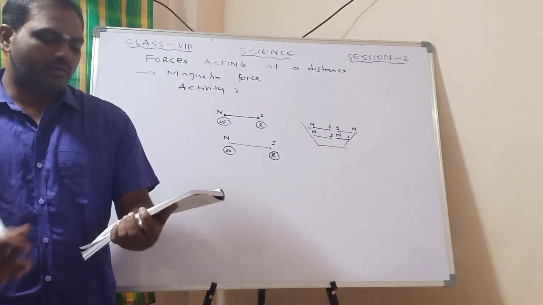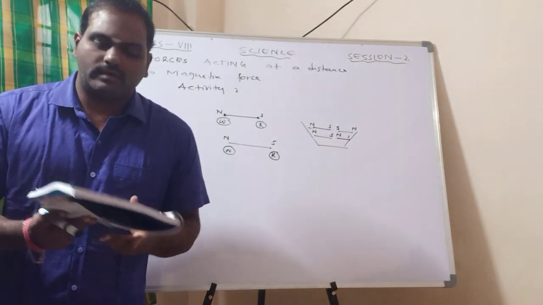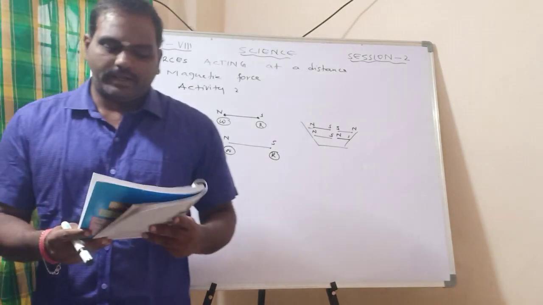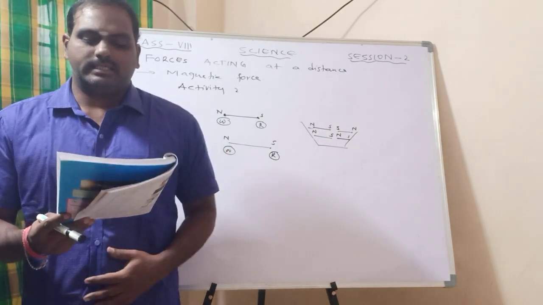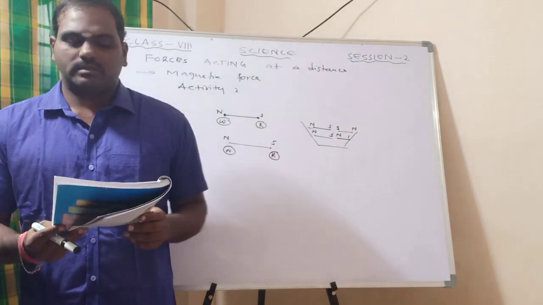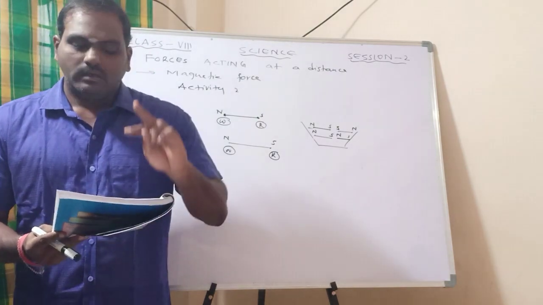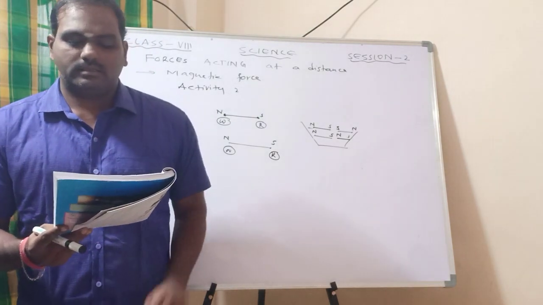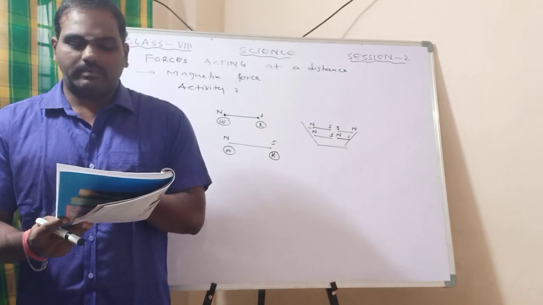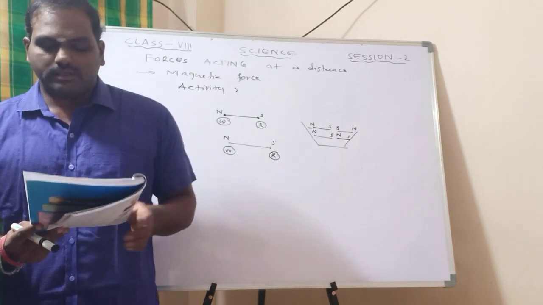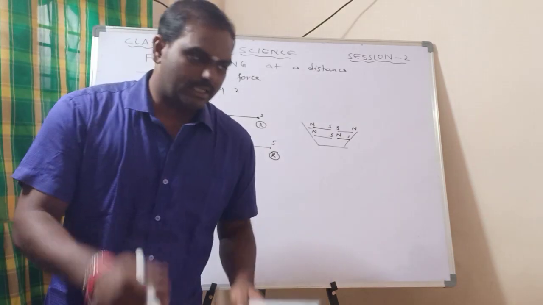I'll repeat again. Here I'll read the paragraph, then you will understand. Make another needle in the same way. Float both the needles side by side such that like ends face each other, either red or white balls. What happens to the needles? How do they move? Now place the needles in such a way that the unlike ends, that is the white ball of the first needle and the red ball of the second needle, face each other. Now observe what will happen. How do they push or pull each other?